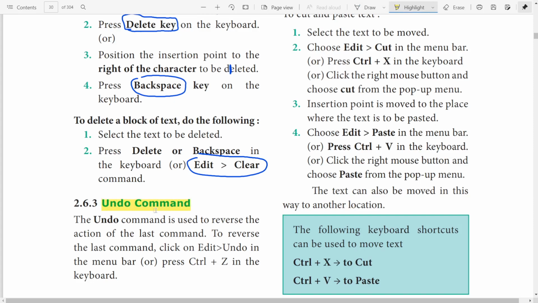Undo means it can reverse the operation that was performed earlier. The undo command is used to reverse the action of the last command. To reverse the last command, click on Edit Undo or press Ctrl Z. This undo command is also common for almost all software. You can find the undo operation in the Edit menu or you can find